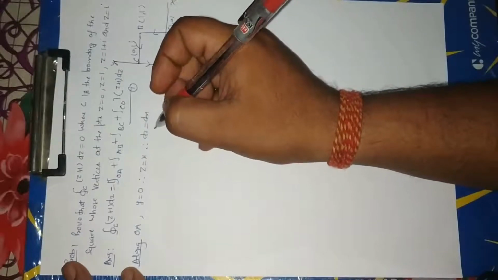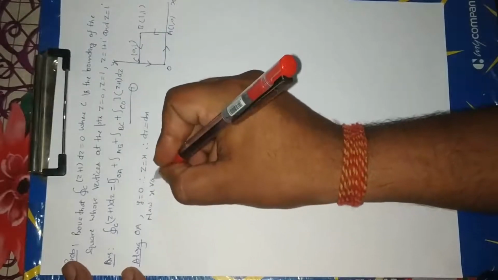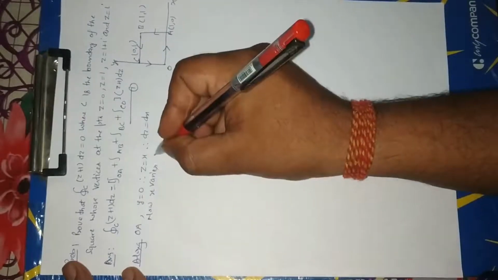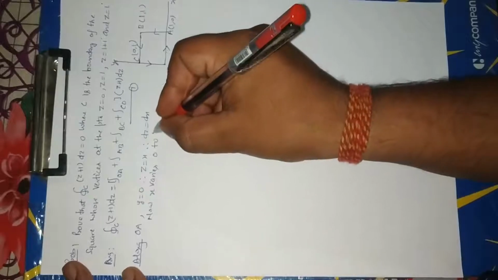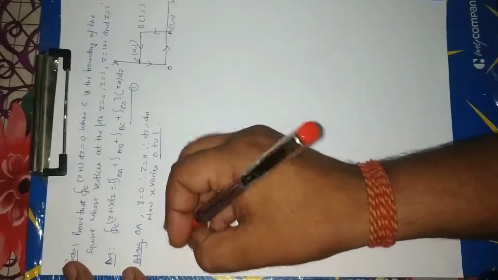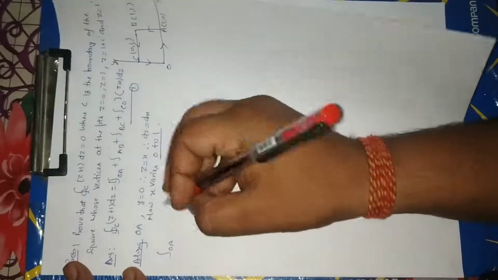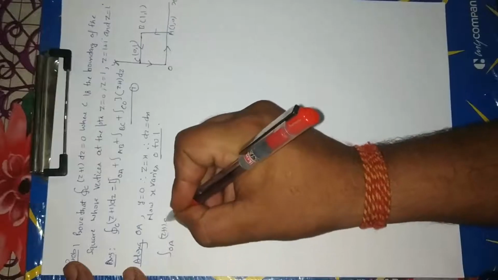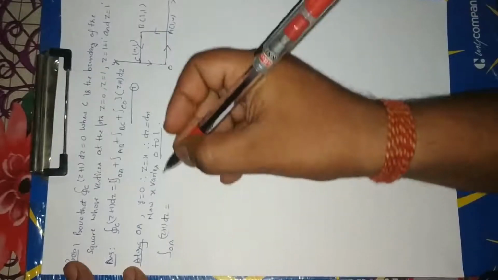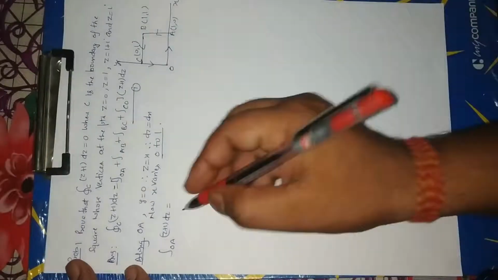Now x varies from 0 to 1. Now integration over contour OA of z plus 1 dz, this is equal to